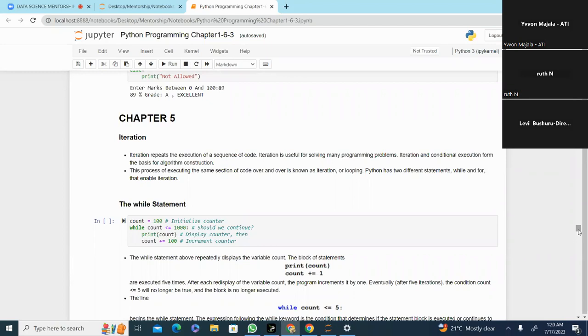And the first thing I expect you to know is the definition of iteration. What is meant by the term iteration? Iteration just means repetitive nature. This means you are going to write code which allows repetition. Iteration is a process of executing the same section of code over and over again, which we call